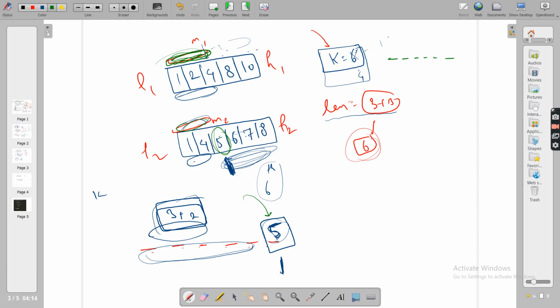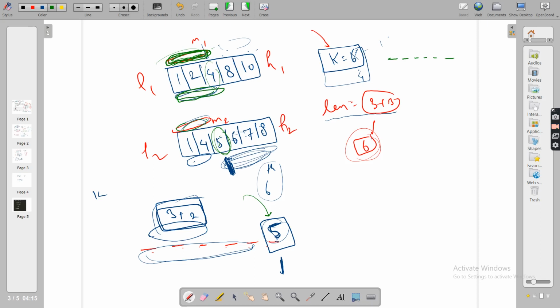So if you see 4 and 5, and look guys, if you're not getting this, draw that sorted and merged array and you'll get everything. That is how I used to solve, but right now that will consume a lot of time, so I'm avoiding that. So here if you see 4 and 5, who is smaller? 4 is smaller, and these three elements, you are guaranteed, because this 4 is less than or equal to 5, so these three will come first.